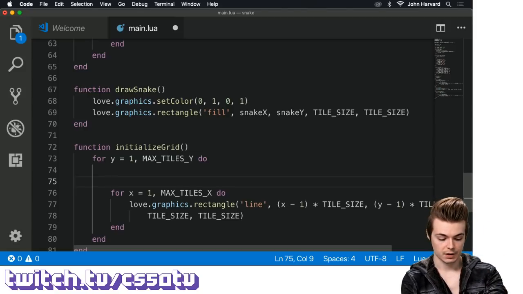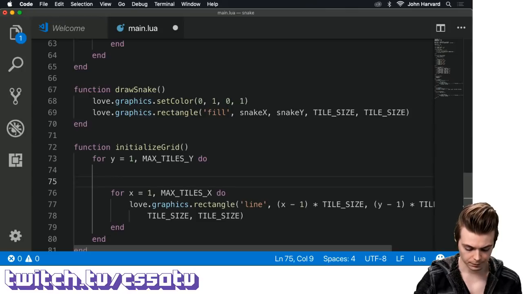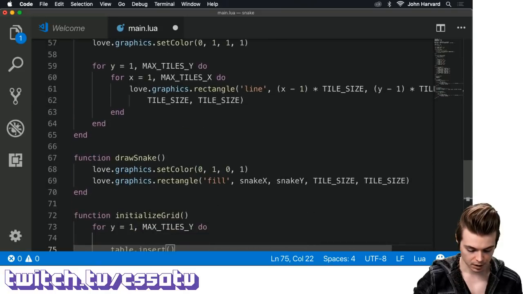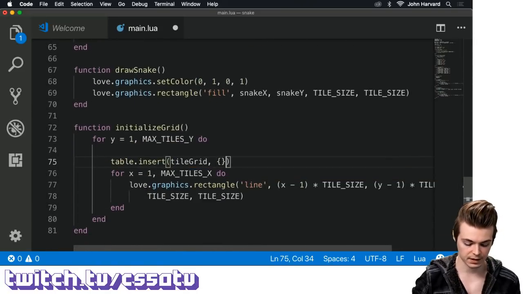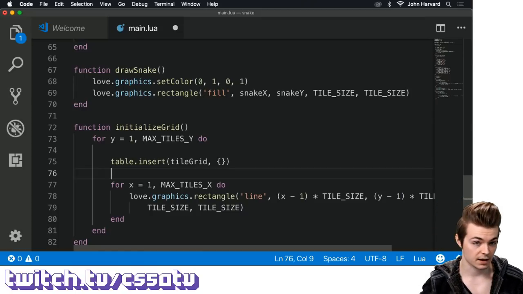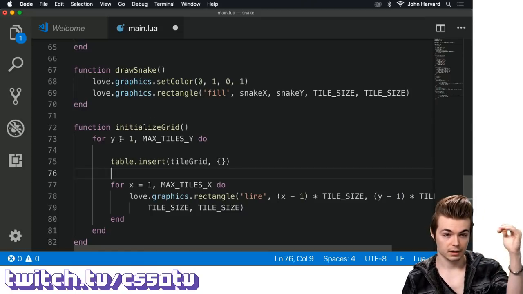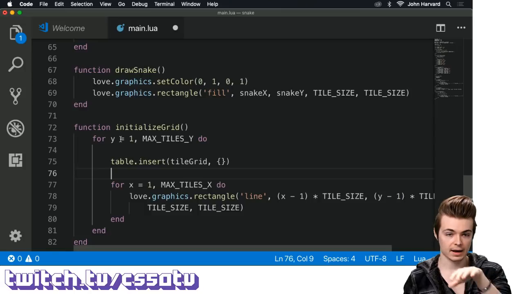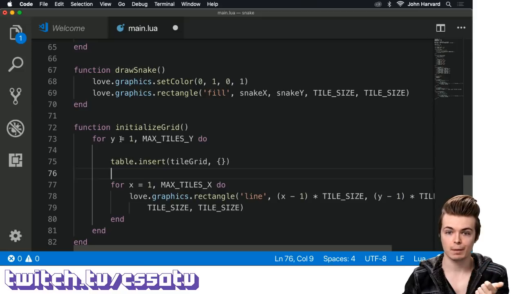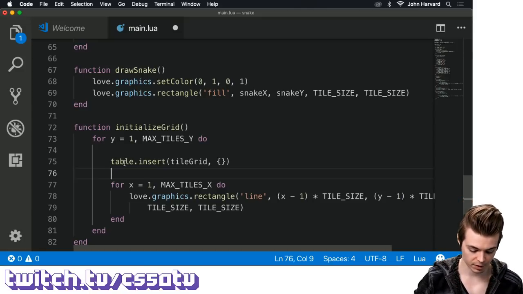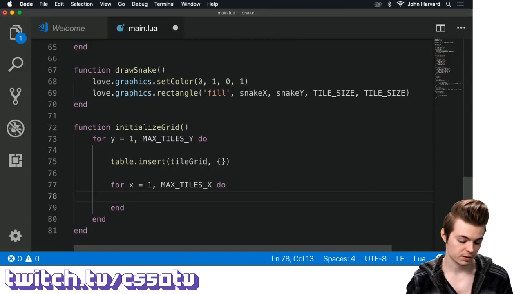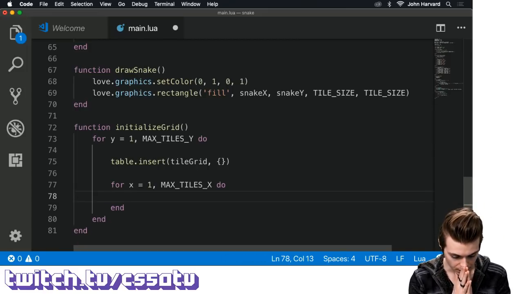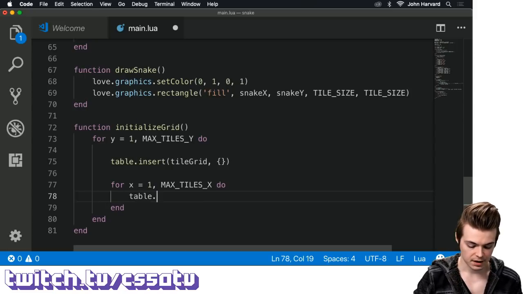rows, rather. So I'm going to say table.insert into my, what did I call it, tile grid. I'm going to insert into tile grid an empty table. So the result of this is that for every row, for every y value, I'm going to add just an empty table into my initially empty grid variable, or table variable. And then within the x loop of this initialize function, I can